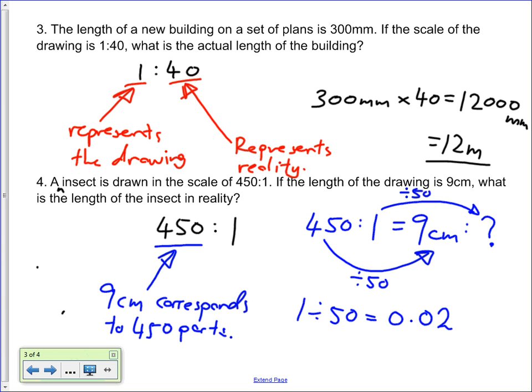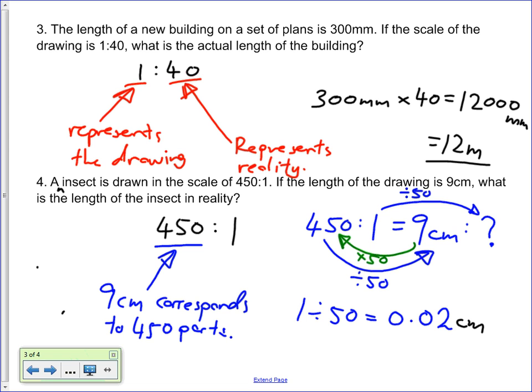No, because to get from 450 to 9, I have to divide it. So whatever I do to the first one, I have to do to the second one. Why would you times? What happens when you times 450 by 50? When you times 50 by 9, yes. Yeah, but that works the other way. So times 9 by 50. Okay, so I can move either way, but this way is multiplication. This way is times 50. Alright, so either way. Same here. If I divide by 50, I have to do the same operation for both sides. Okay? So it's 0.02 centimeters,